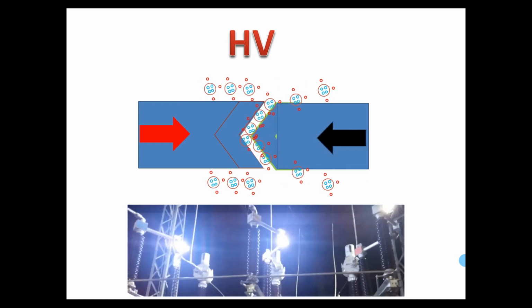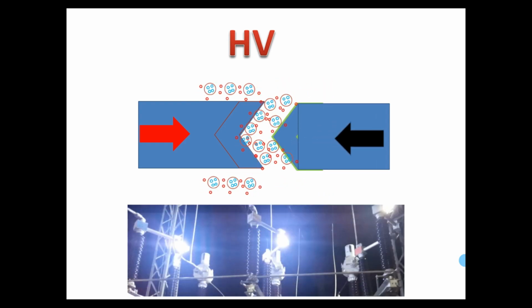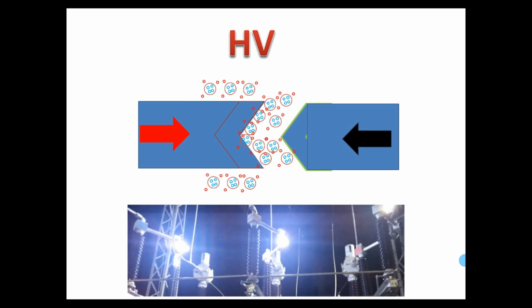At the time of opening the isolator, the ionized gas gets into the space between the isolator contacts and starts to conduct the current. Since the flow of current is electrons and the ionized air is positively charged, it can easily carry these free electrons, and the electrons carried by the ionized air produce plasma. This plasma is created when the ionized air starts to conduct current and is subjected to a strong electromagnetic field. This plasma produces a bluish visible light.